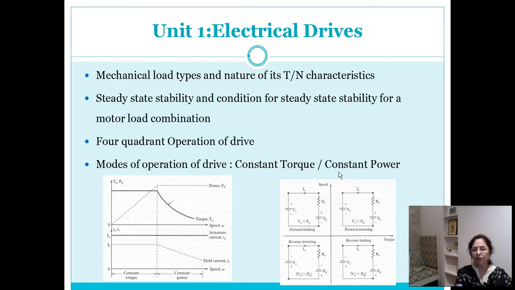This must be borne in mind permanently, whether it is a DC drive or AC drive. So first is constant torque mode, second is constant power mode. Okay. And these diagrams are indicating 4-quadrant operation of the motor. And we are well versed with this, that first quadrant is forward motoring, second quadrant is forward braking, third quadrant is reverse motoring, and fourth quadrant is reverse braking, where torque is on the x-axis and speed is indicated on the y-axis.